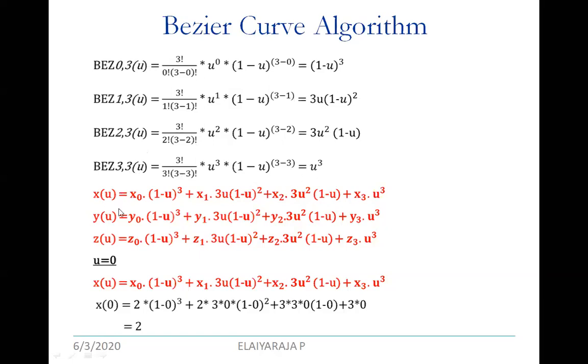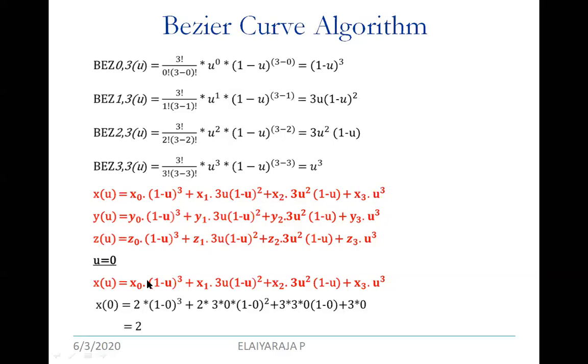So apply in your x of u, y of u and z of u the summation of equations, where the initial position of the point x0 is multiplied with 1 minus u power 3, and the next terms give you the x of u equation as well as the y of u equation. Here the result for z is going to be 0. Okay, so z value is going to be 0. First, the initial position: u equal to 0.